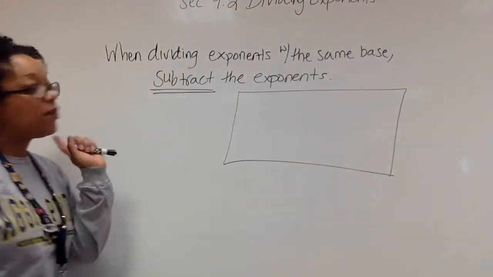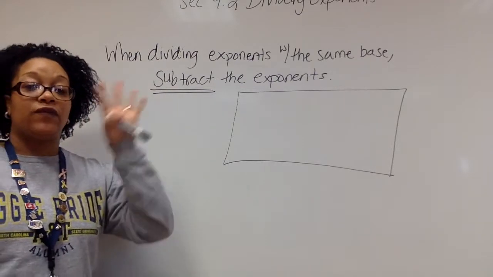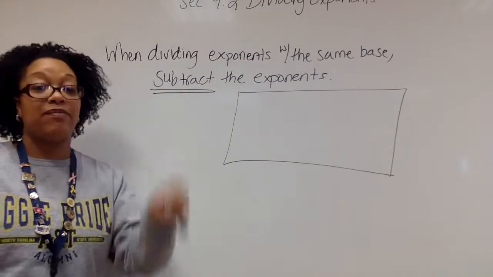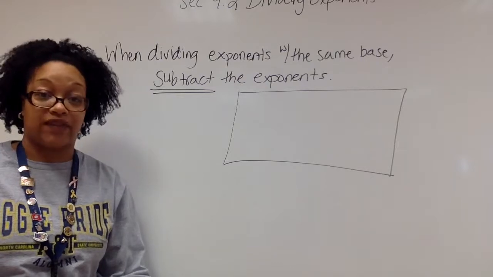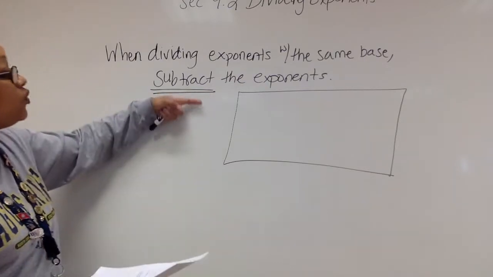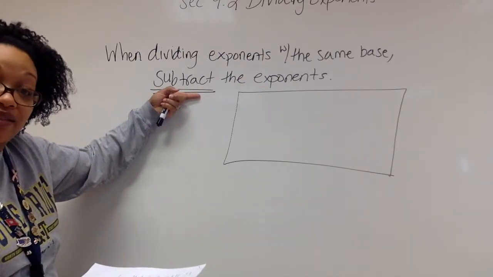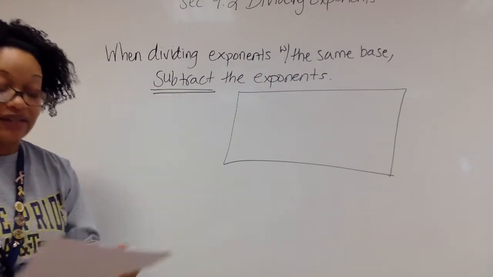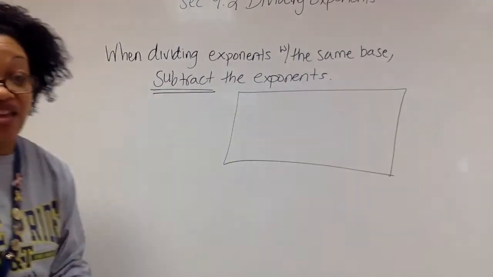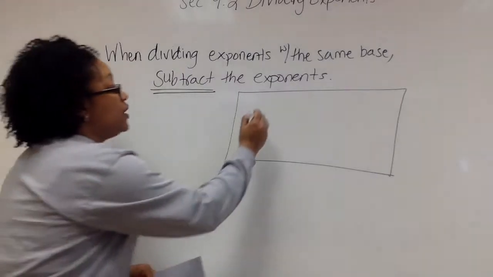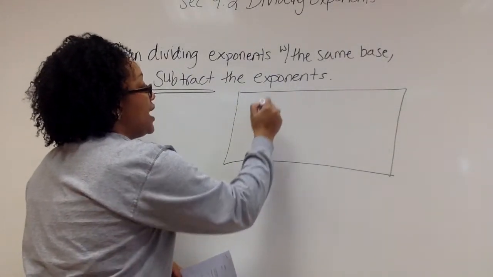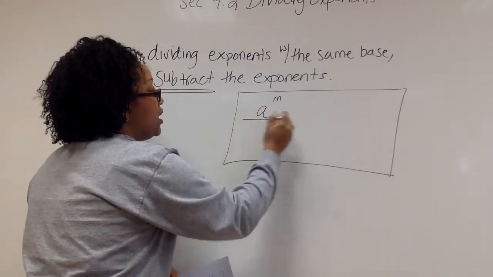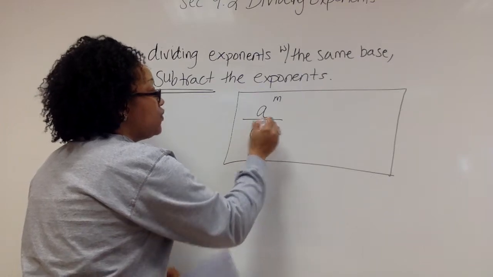Okay, you saw the pattern where if you are dividing by the same base, you just subtract the exponents. So that's what you put in that blank there on that sentence, and then here's what you put in the box. Let's say our base is A. It could be anything you want. So if we say that our base is A, and I have A to the M divided by A to the N,